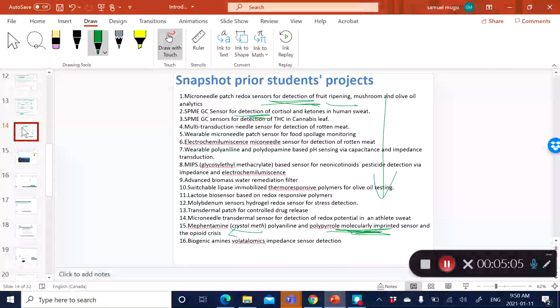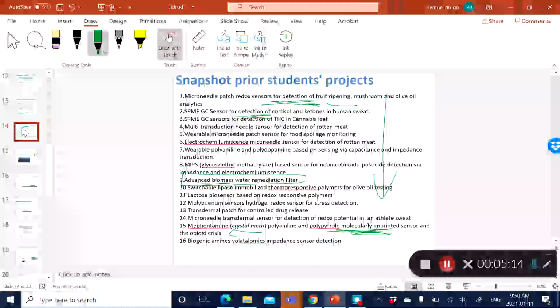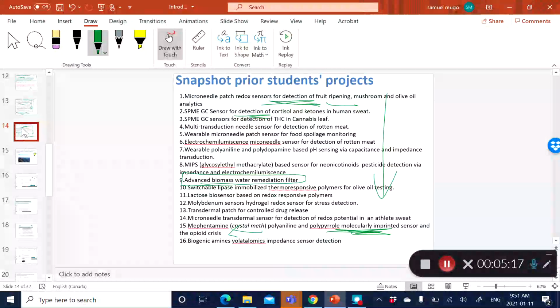Maybe another interesting project that was done is a biomass water remediation filter using waste. Again, that was an interesting project, and that still remains going on in my research group. Maybe the last one just to mention, a wearable microneedle patch sensor for detection of food quality. Again, we are dealing with issues of food spoilage and wastage. It's a big problem,